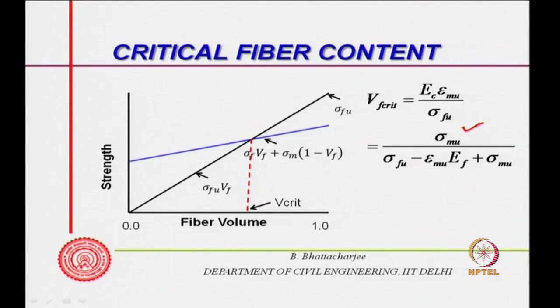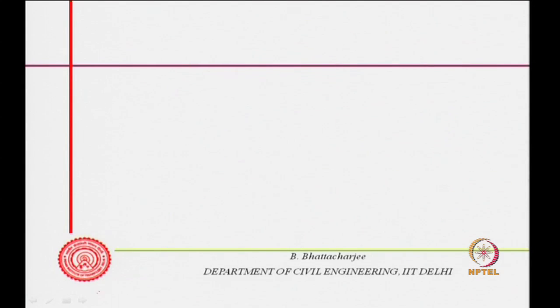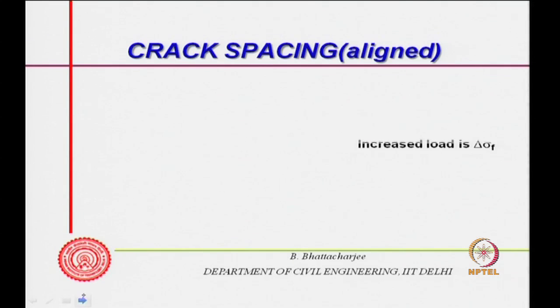Now, you see it is dependent on sigma mu, sigma fu, and of course, the modulus of elasticity of the fiber. So, the more the modulus of elasticity of the fiber, these terms become smaller, so you will require more, and so on and so forth. So, one can see this is a function of all those, right. So, Vf crit one can estimate